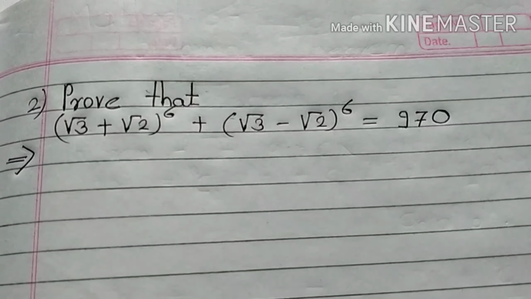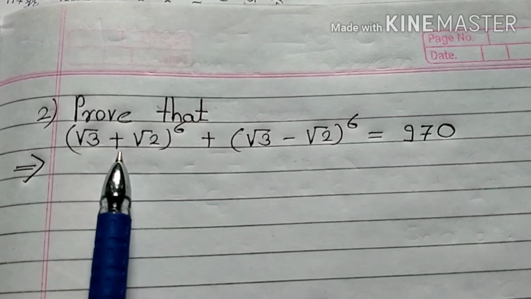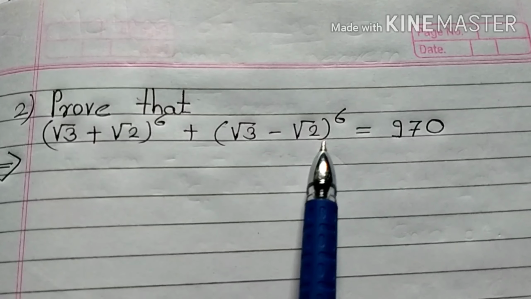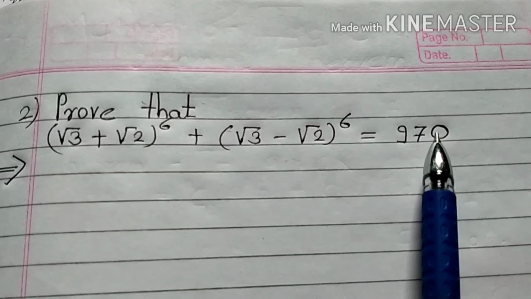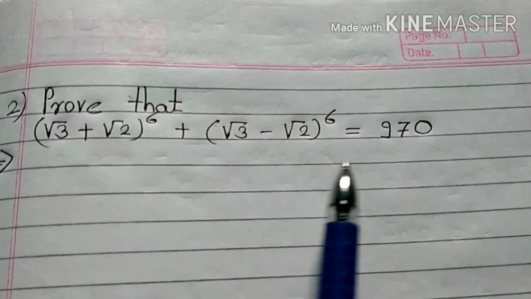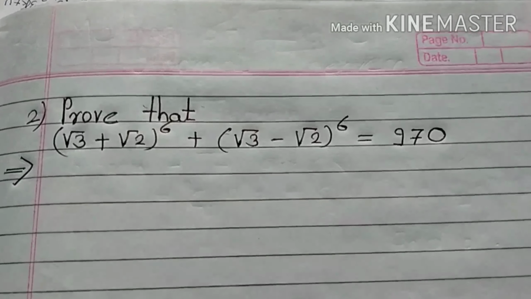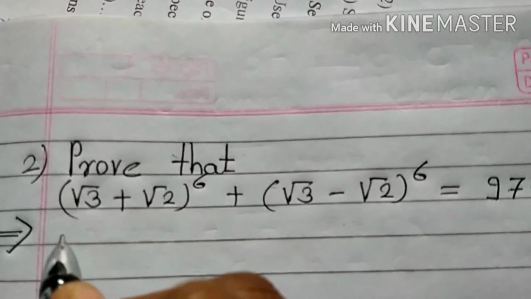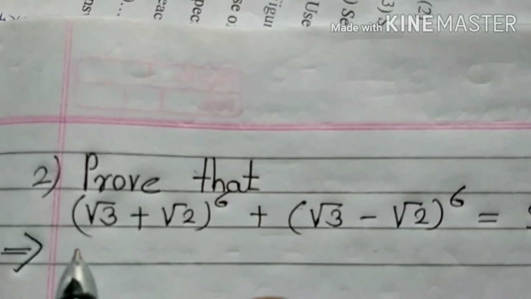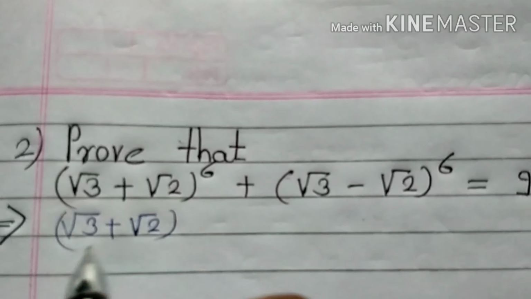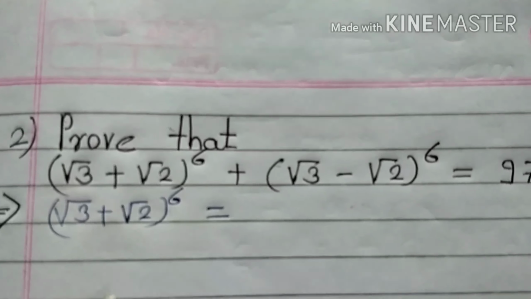Now next example, prove that (√3 + √2)^6 + (√3 − √2)^6 is equal to 970. So we have to prove this. So here, first we find (√3 + √2)^6, which is equal to,